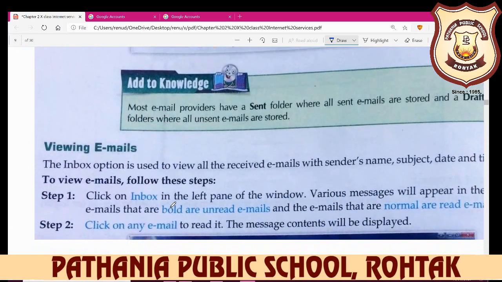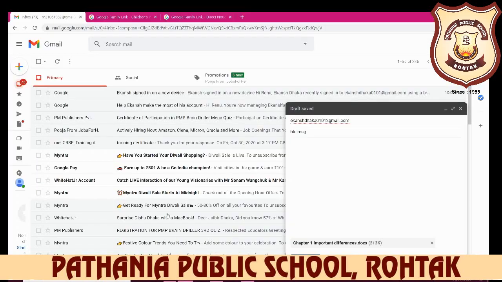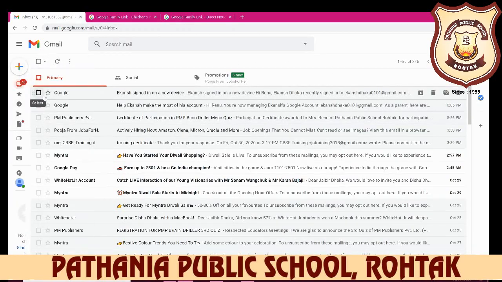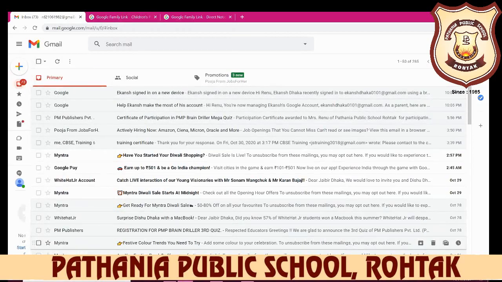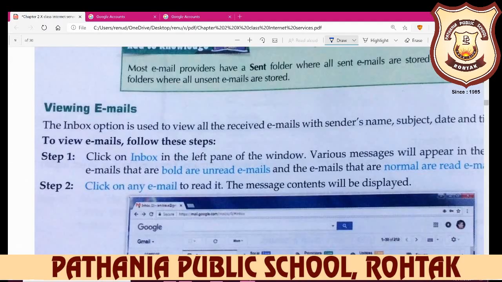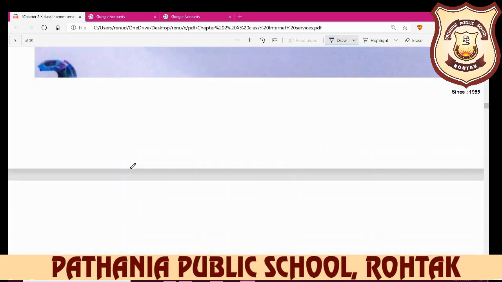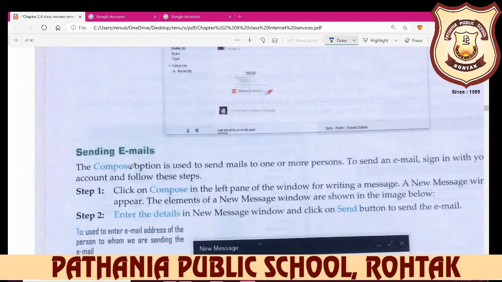After that, viewing email, how to view it? Like this we have already viewed here. Just click your email ID and then click on the send button. Okay, but I don't want to send it, then I close it. So viewing, just click on your inbox, and all the email ID will be shown on your screen, and that you want, you can just click on the open, and when you open, all the terms and condition and all your email ID message will be displayed on your screen. So viewing the email like this. And after this, sending email, we have already done.